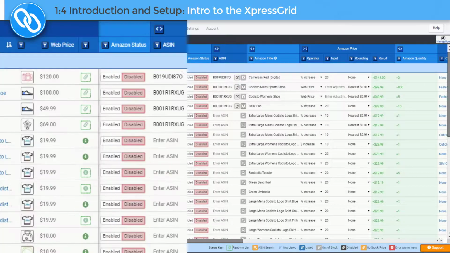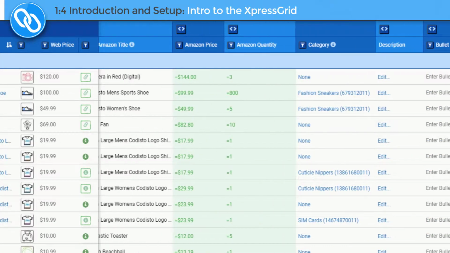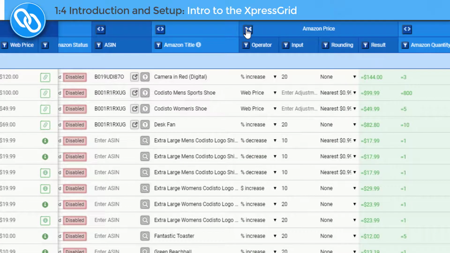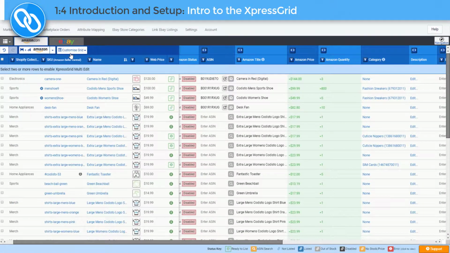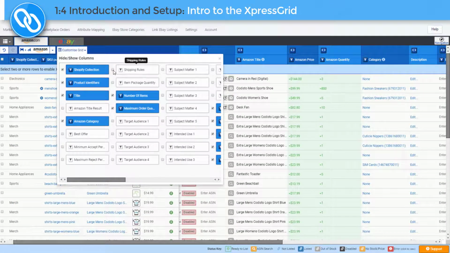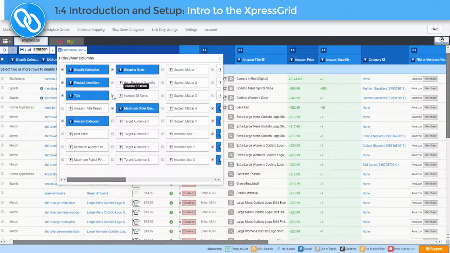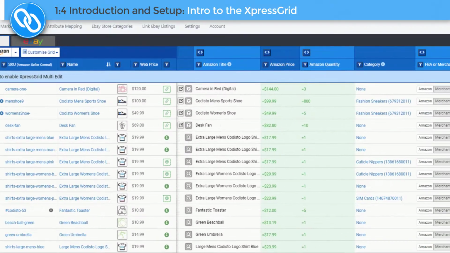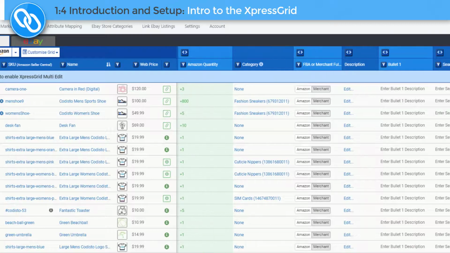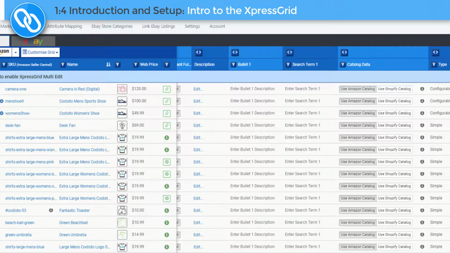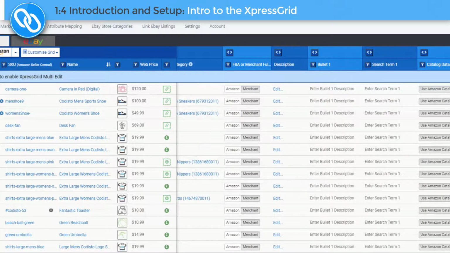If you can't find the marketplace settings you're looking for, you can expand the column groups or add and remove columns to customize the grid view. If you remove a column using the Customize Grid function, it will only be hidden from the XpressGrid view. The settings and values kept in the columns field will still be kept and synced even when the field is